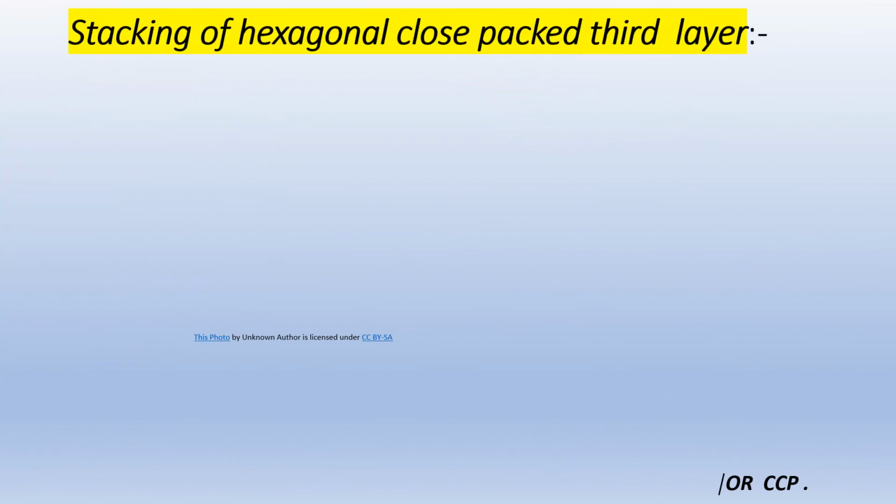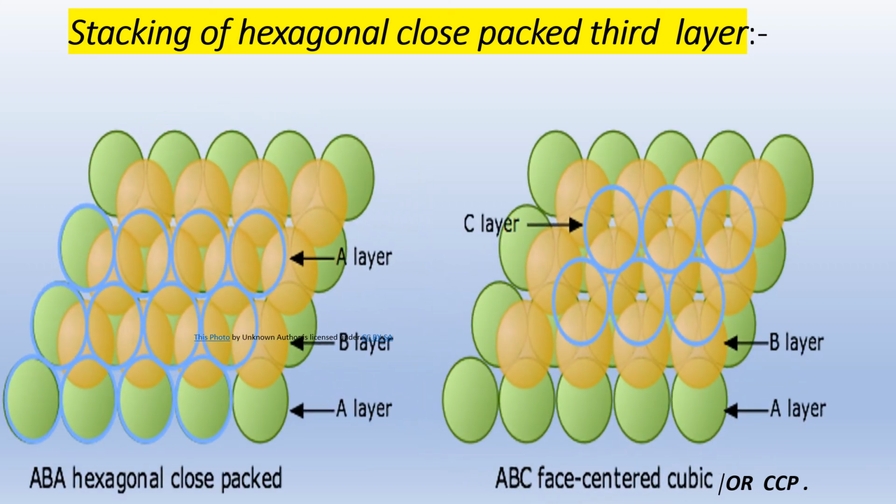Then the next part is stacking of hexagonal close pack in third layers. Continuing, we are discussing here with diagrams. These diagrams are simply A type layers. The first one, AB type layers, is hexagonal close pack, and ABC type layers is the cubic close pack, or the FCC structure. Here you have to understand the simple diagram: what is the first layer, second layer and third layer, and what is the tetrahedral and what is the octahedral.